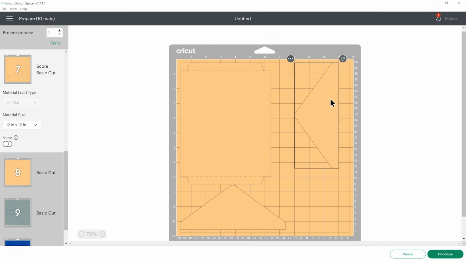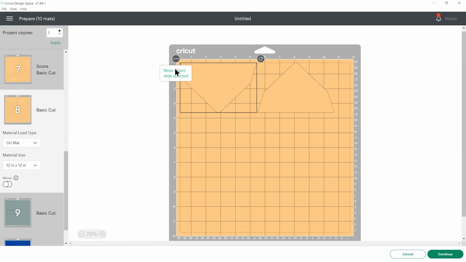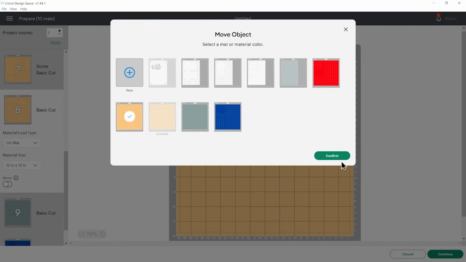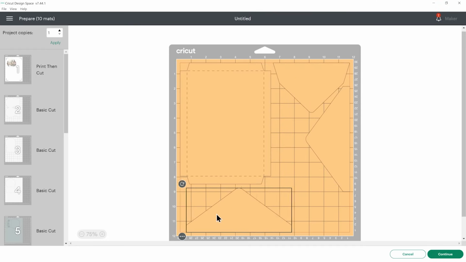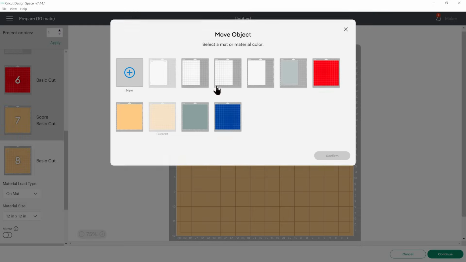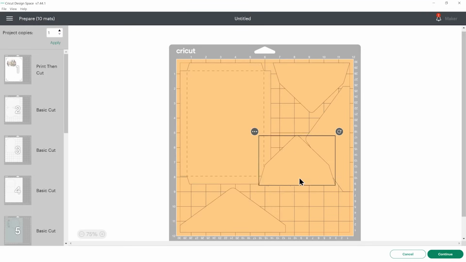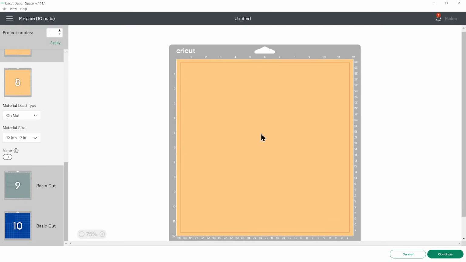Here's my envelope. And you can, if you're sneaky, click these three little lines and go Move Object and get them all on one sheet of card, which is very helpful for using up less materials. So I'm just going to do that. Make sure nothing's overlapping, otherwise it won't cut properly. But that's all those shapes on one. And don't worry that there's now an empty sheet. That will disappear once you hit continue. So go ahead, when you're happy with everything, press that continue button, get everything cut out with your Cricut.